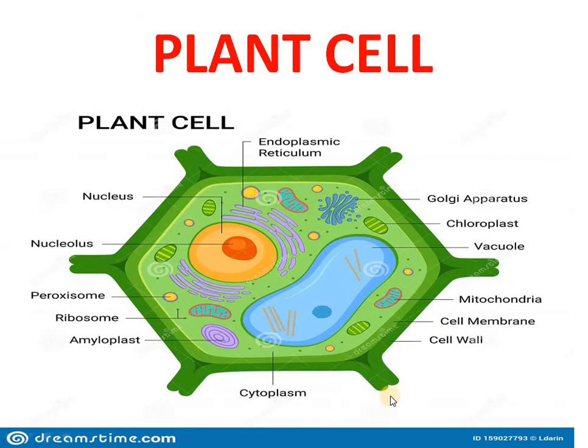This is plant cell. You have already done it in the previous class also. It consists of cell wall, cell membrane, mitochondria, vacuole. You can see vacuole is so large, it is almost occupying 50 to 60% of cell volume. Chloroplast are present, Golgi apparatus, endoplasmic reticulum, nucleus, nucleolus, peroxisomes, ribosomes, myeloblast. Clear? You have to draw this diagram in your notebook. It is very, very important. You have to draw the plant cell.